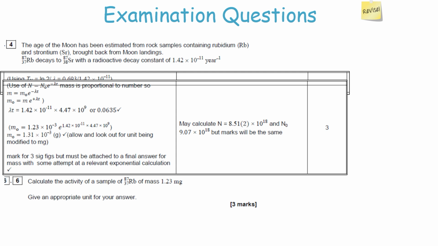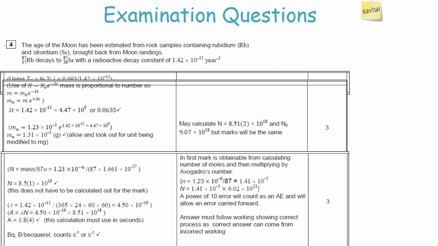Next, calculate the activity of the sample of rubidium of mass 1.23 milligrams. So what you would then do is you can also use the equation A is equal to lambda n. Because we know what lambda is, we need to work out A, the activity. So as a result, we can work it out with the equation A is equal to lambda n. But we need to work out what n is. So we know n, which is the number of